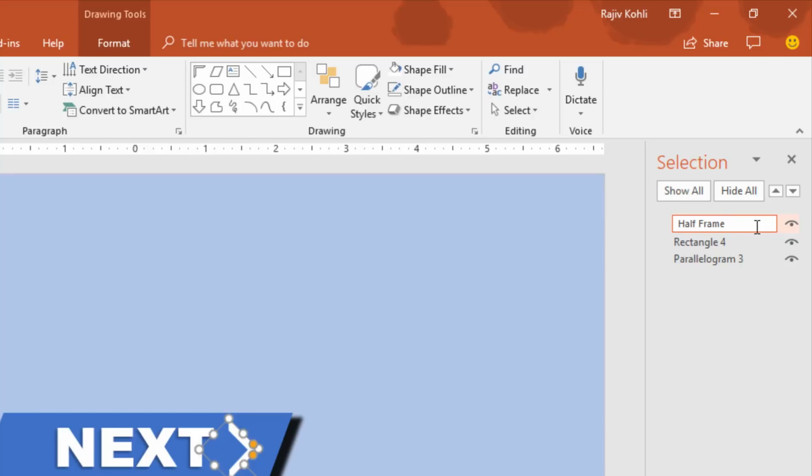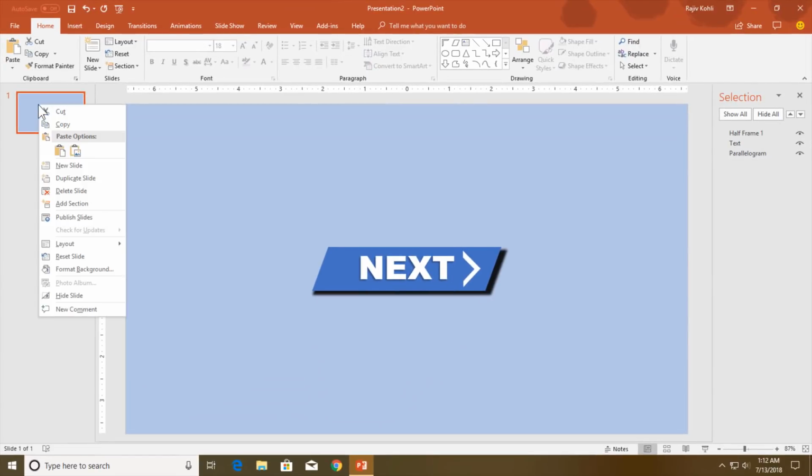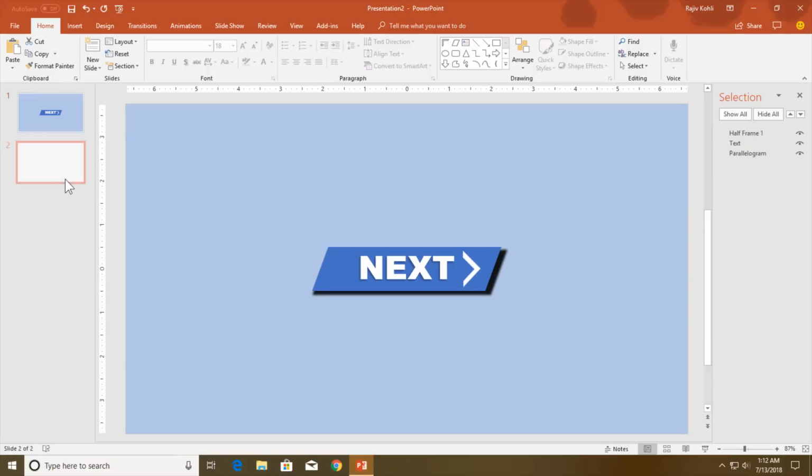I would like to rename this one as half frame 1, and this one as text, and this one as parallelogram, but I want to remove this number in the end. That's fine. Now duplicate this slide by right clicking on the thumbnail view of your slide and choose duplicate slide.